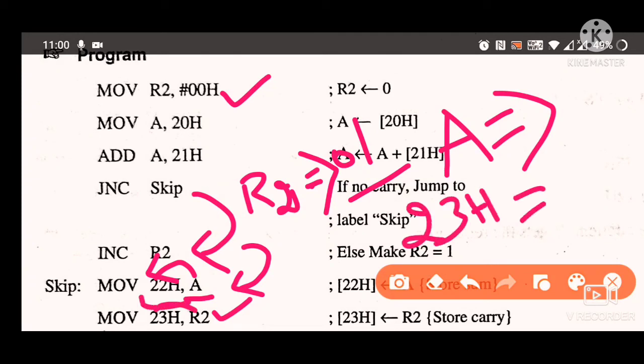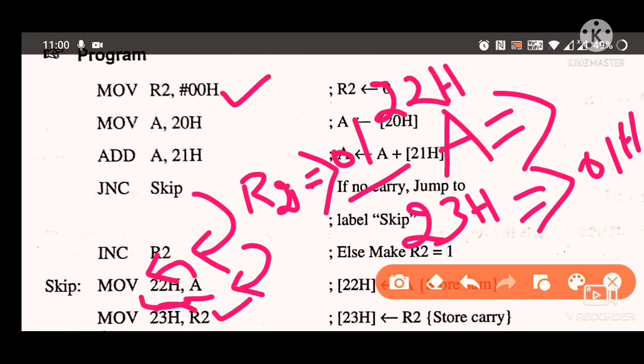At the 22H memory location we store the result of the addition, because the result is always stored inside the A register. Now we transfer the data from the A register to the 22H memory location. So if you search inside the 22H memory location, you can get the addition result.